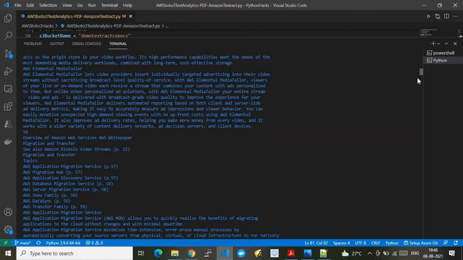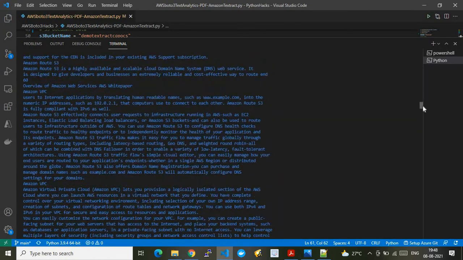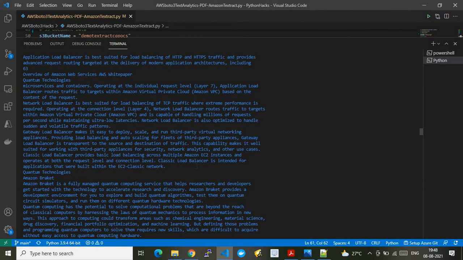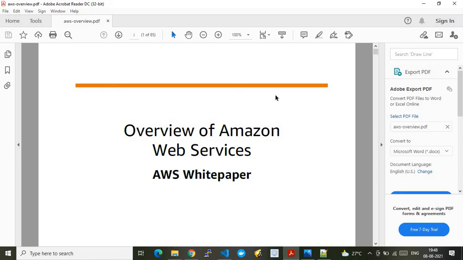As I explained, let's find one line in the document. Let me copy one unique line here: Amazon Braket is a fully managed quantum compute service. Let me find this line in this document. I will do Control F and find.